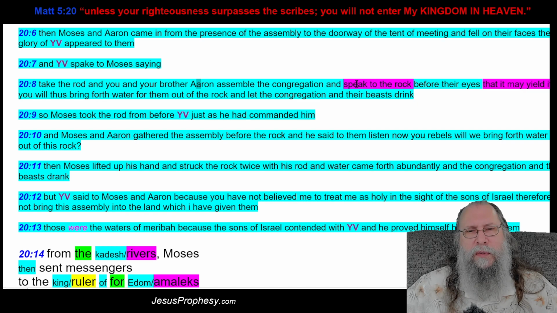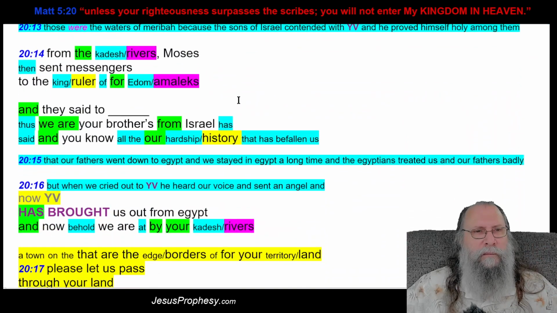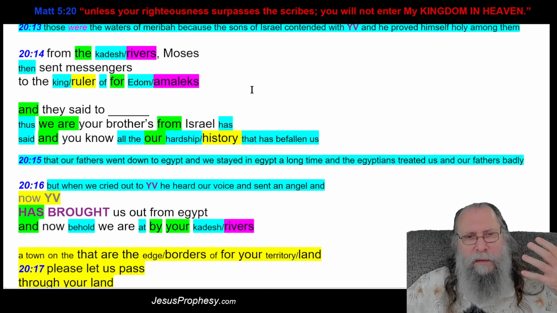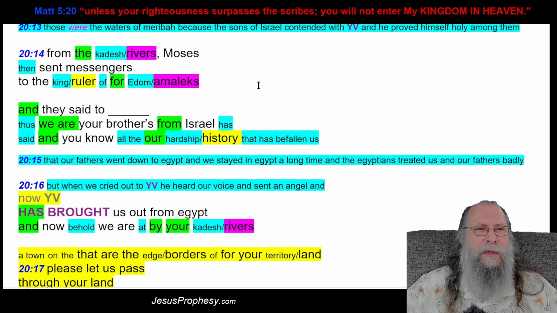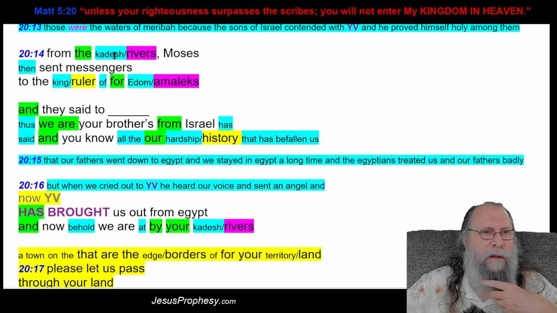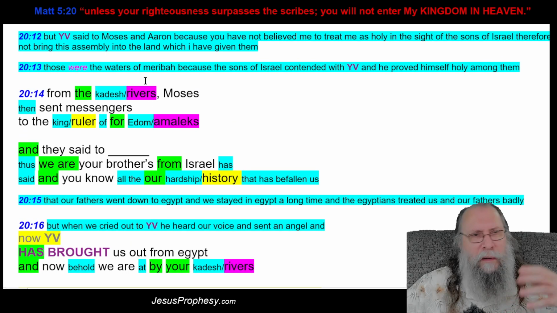No, this is where Moses is going to speak to the rock and then it's going to yield water. And see how he didn't strike the rock, come out of the water. So the thing there is they've got untruth stories in here. Now, here is a city, okay, because